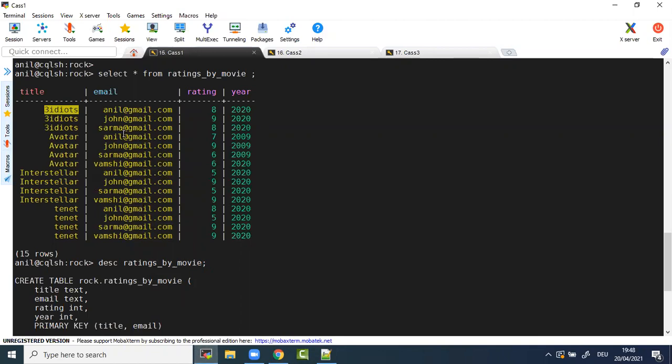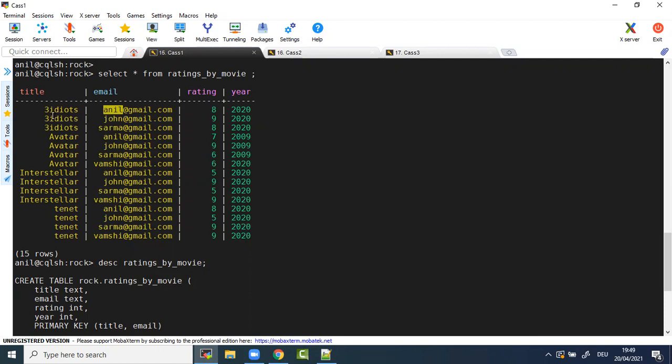And what does a clustering column do? Now, a clustering column will control how that row should be stored inside the partition. So partition key tells you where this row should go. Clustering key tells you how this row gets stored inside the partition.